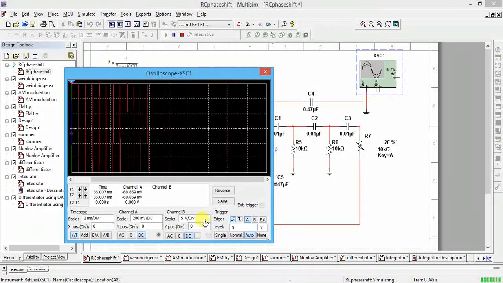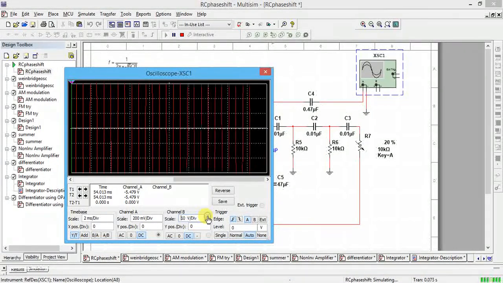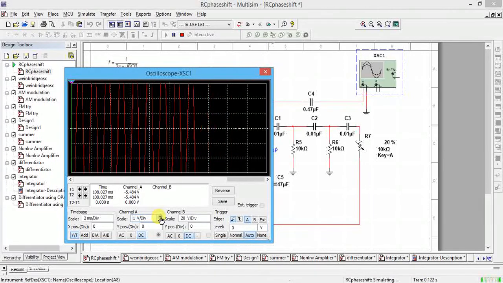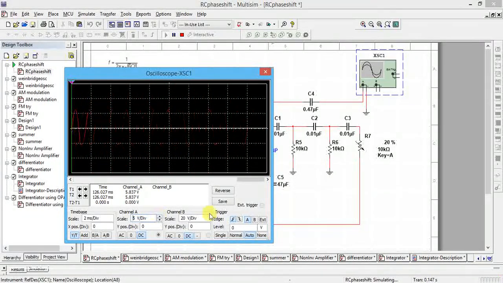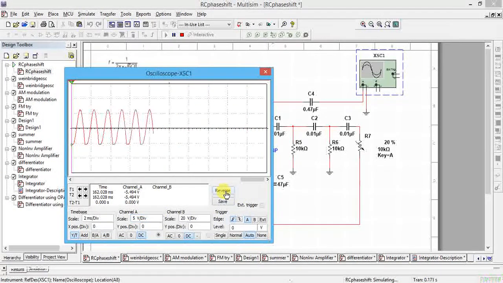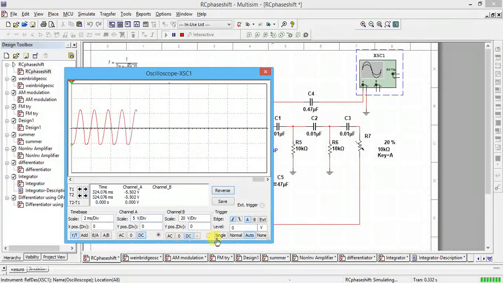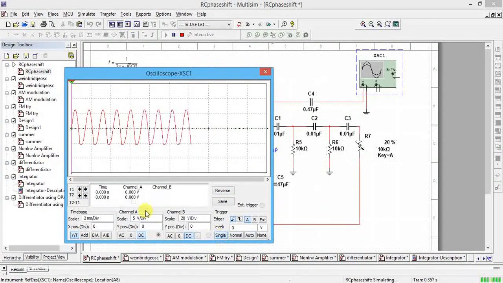So we're getting waveforms. Okay, so now we have to find the frequency of this. So you can click on single, then take a probe.